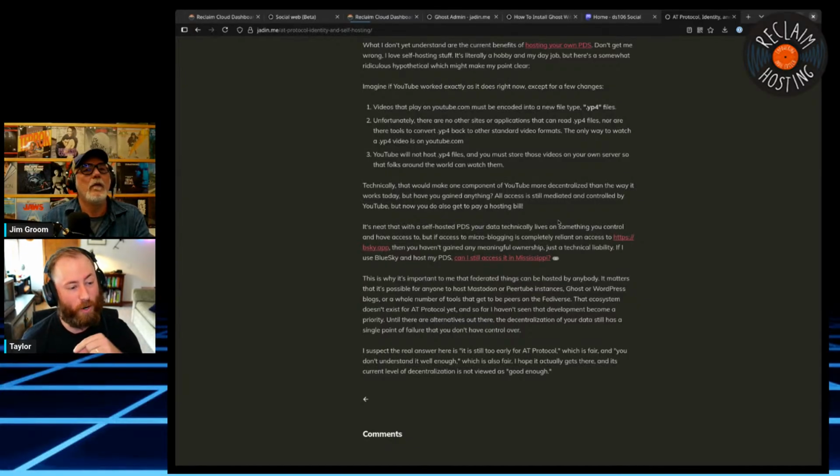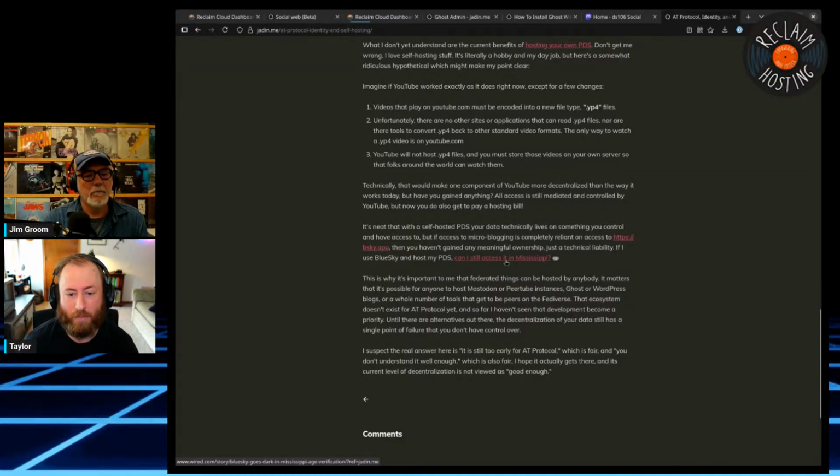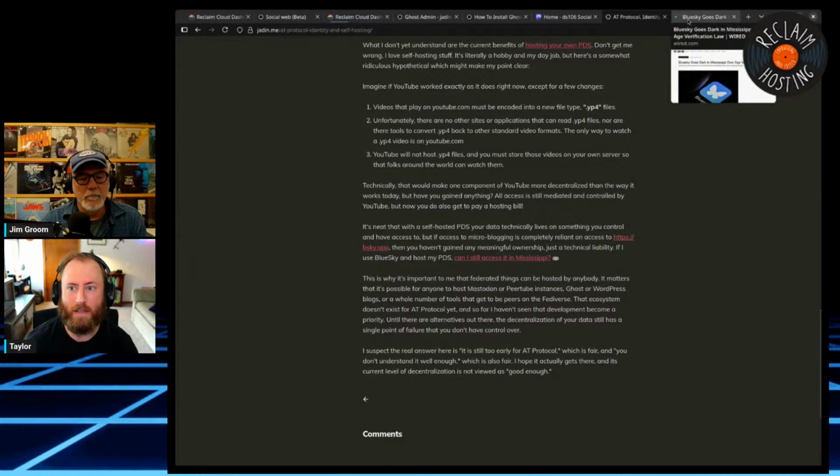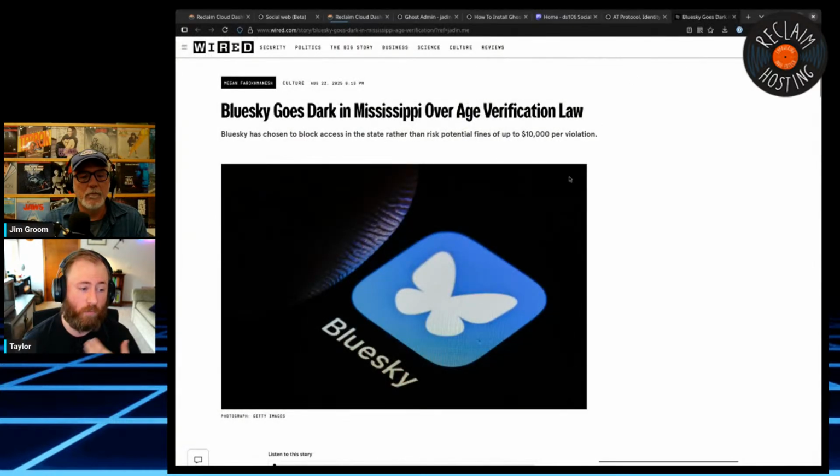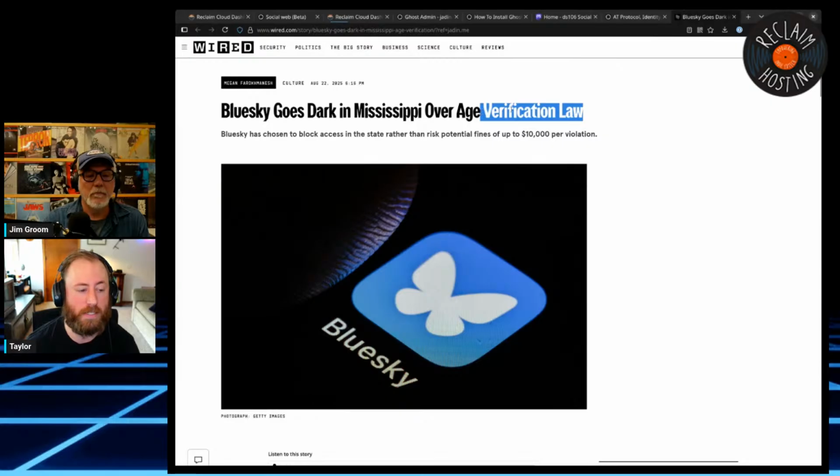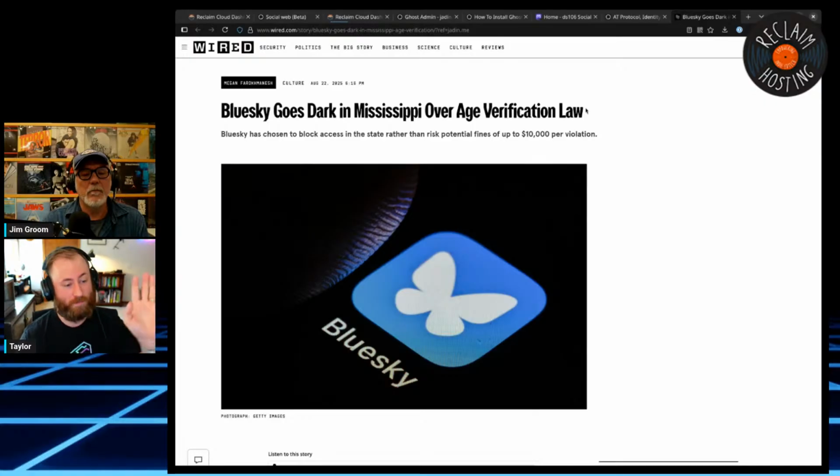And until it does exist, it's not decentralized, in my opinion. It's just that you are owning one node in this case. So again, another thing is right now Bluesky is banned in Mississippi because they refuse to comply with this kind of ridiculous age verification law, and honestly, good on them. They don't want to handle government IDs to sign up for their service, which again, I think is a good decision. My point is, how decentralized is this if you can't visit Bluesky in Mississippi?